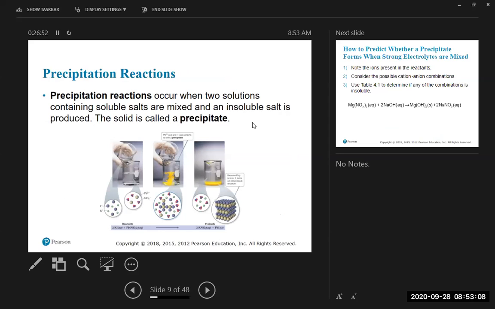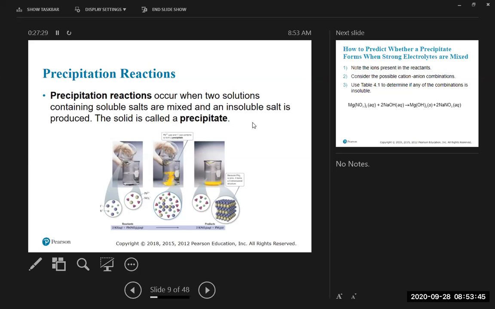So if we take two salts that are soluble and mix them together, and suddenly we see stuff precipitating out, that's called a precipitation reaction. So the key is you had two salts on their own. If you put them in a beaker of water by themselves, and they go into solution, everything's soluble. But now if I take those two beakers and mix the solutions together, then suddenly that combination forms some insoluble